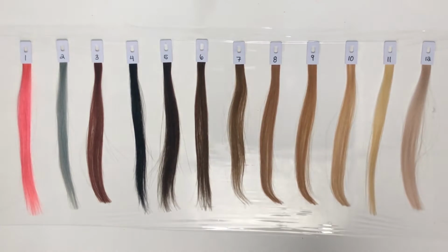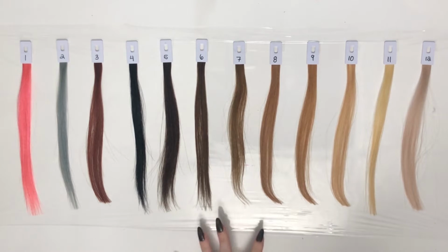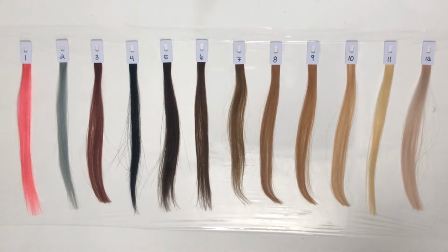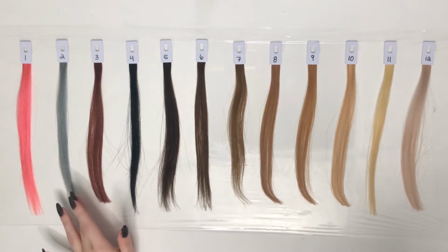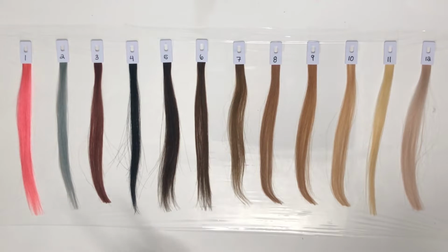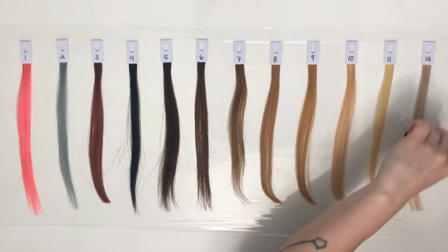each swatch. These are human hair swatches, but the only one that's going to be virgin hair is the number 4, which is the black swatch. The rest have been chemically colored, bleached, or treated at some point in their existences. 1 is pink, 2 is a cool tone gray, 3 is a natural red, 4 again is black. So 4 to 11 is a range that goes to platinum blonde, and then 12 is like a toned version